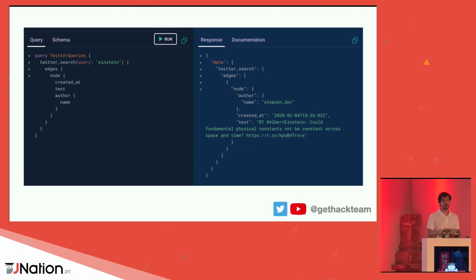So this is an example of what a Twitter GraphQL API would look like. You all know the Twitter API recently got updated. You need to pay a lot of money for it, and the number of requests actually matters. So imagine sending all those different requests to all those endpoints. It's going to cost you more money. If Twitter had a GraphQL API, it would look something like this. In one request,